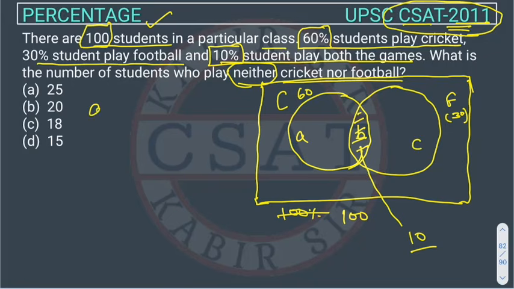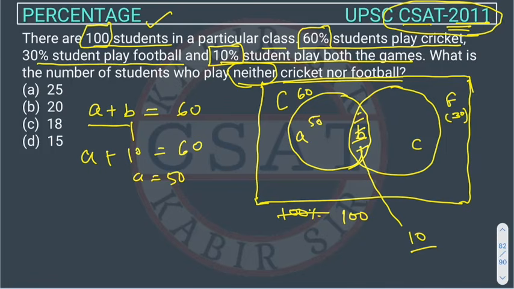Now A plus B will be 60 because it is representing the total number of students playing cricket, right? A plus B is representing what? This circle is representing what? The total number of students playing cricket. So we know B is 10, so A will be 50, right? And similarly B plus C is representing the number of students playing football, so that is given 30. We know B is 10. 10 plus C is equal to 30, so C will be 20,